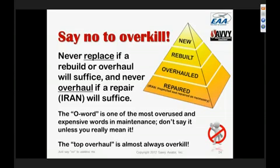One of the things I've noticed over the years in maintenance is that so many, both owners and mechanics, are spring-loaded to the overhaul position. When something doesn't work, they always want to overhaul it. And overhauling can be very, very expensive compared to repairing. When you overhaul something, the shop has to basically go through the overhaul manual and replace every component that the overhaul manual calls for being replaced, has to measure every other component and see whether it's within the fits and limits that are specified in the overhaul manual. And so overhauls tend to be